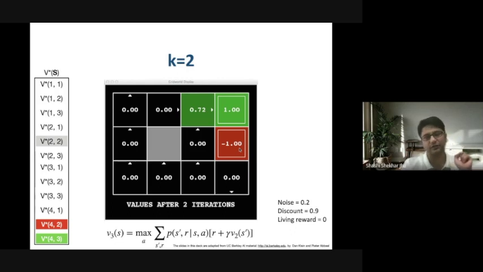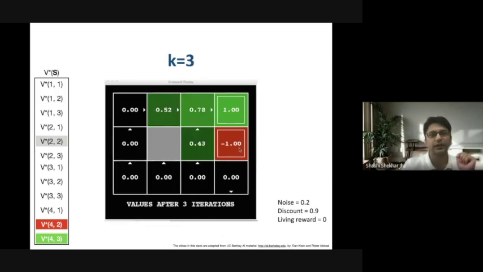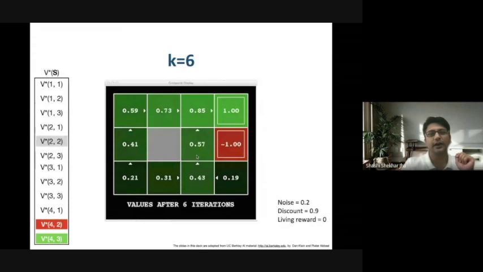This is the second iteration of the value iteration method. In the third iteration, the value starts propagating even more. Slowly, as you can see, this high value propagates to all the states. That means if I start in this state, I can get a maximum of 0.19 reward going forward into the future. There is a chance of actually getting -1 reward also. In total, if I do 10 or 100 trials, I'll end up with this 0.19 reward in this particular policy. This is not the optimal value that has been learned. This is some intermediate value.